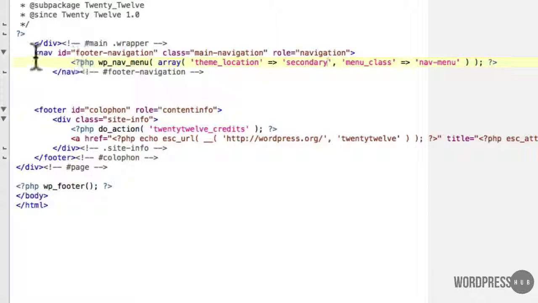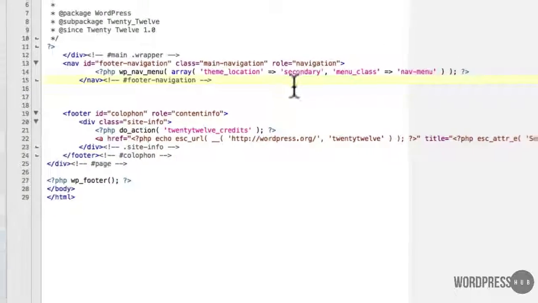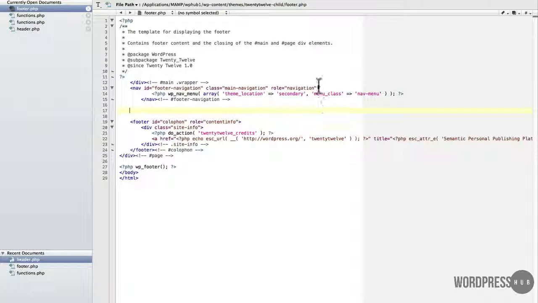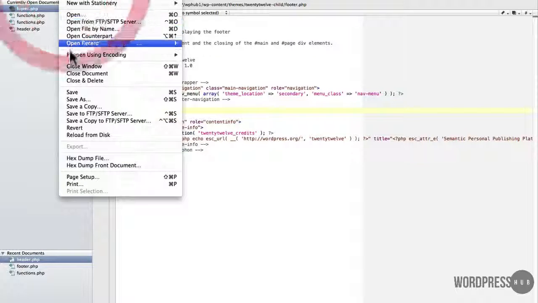So I've just grabbed this little bit of code. Now I've changed the ID of it to footer navigation, and of course the theme location I have to change to secondary instead of primary. I removed the other tags, because I don't need that within this footer navigation. It's not relevant. And if I quite simply go and save this now,